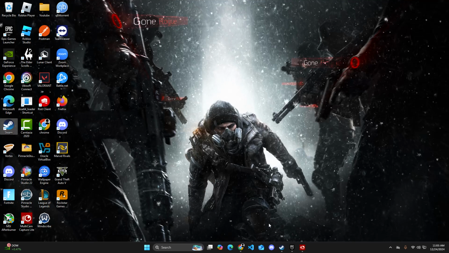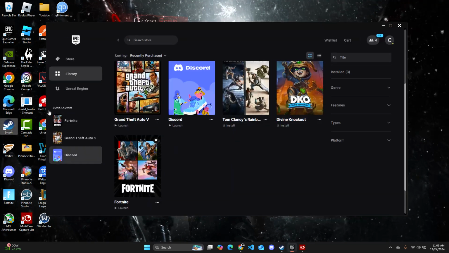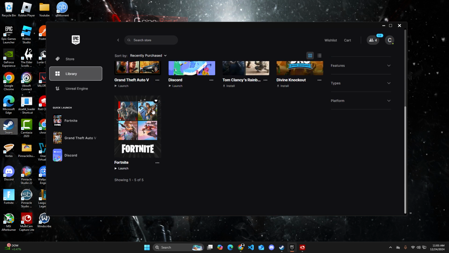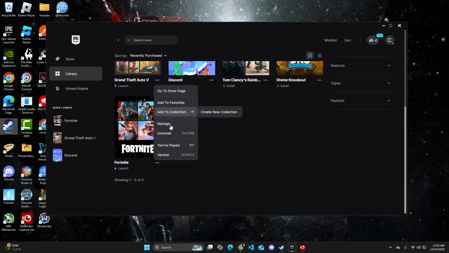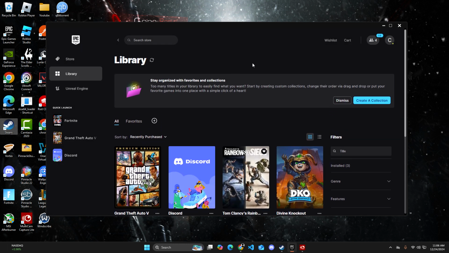If you have it installed on the Epic Games Launcher, you can do the same thing, run it as an administrator. Once Epic Games Launcher is open, you can make your way over to Library. Then you can scroll down, look for GTA, click on the three dots, go over to Manage, and then go over to Verify Files. Once that is done, you can also X out and just start the Epic Games